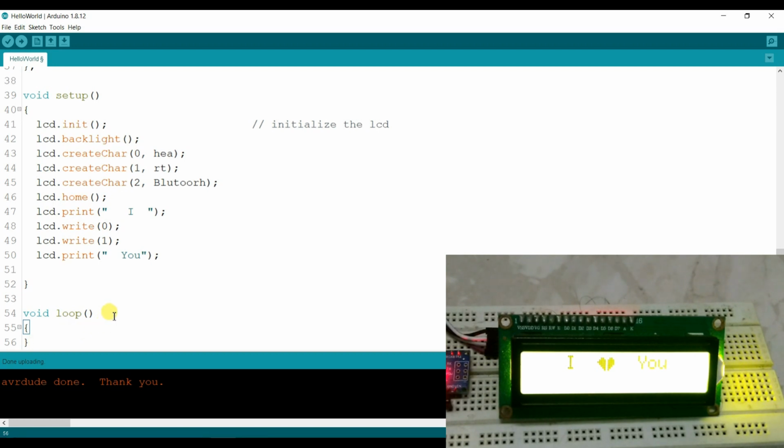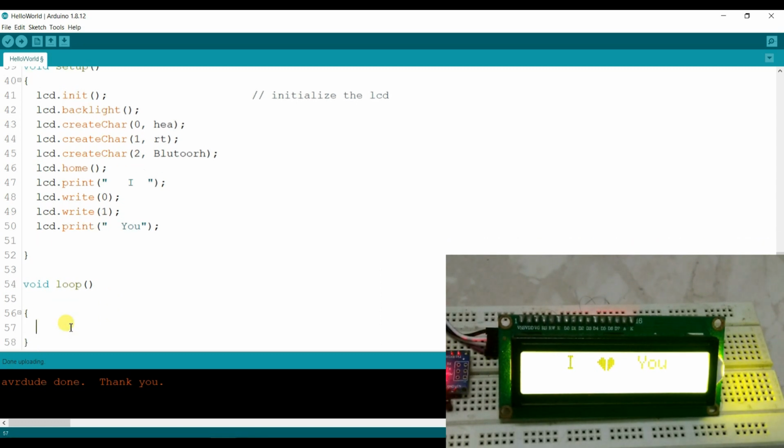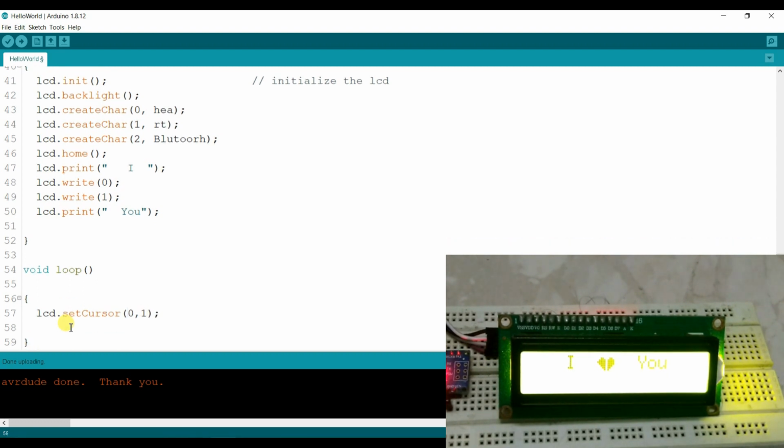I will write here in the void loop. So I will set the coordinate here, set cursor 0, 1. It will print on the second line.